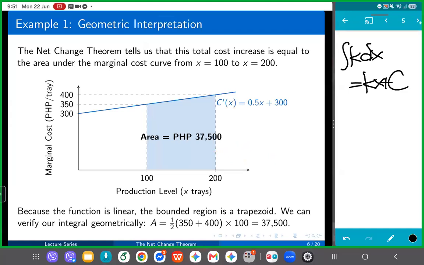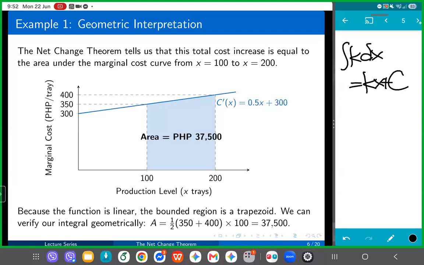Okay, so here's just the geometric interpretation of the fundamental theorem of calculus, which relates the derivative. You see here in the figure, the derivative's graph. Here's the derivative, right? Here's the marginal cost. It's a line, it's a linear function. So here is its graph. That's the rate of change. That's the derivative. That's the marginal cost.